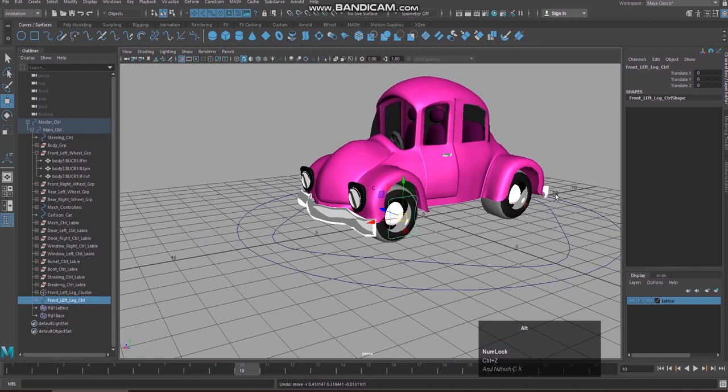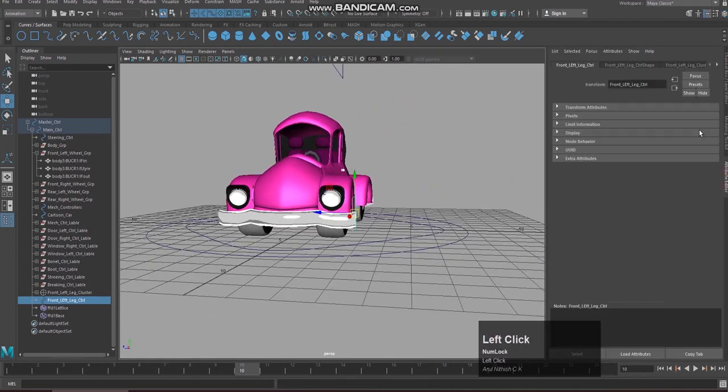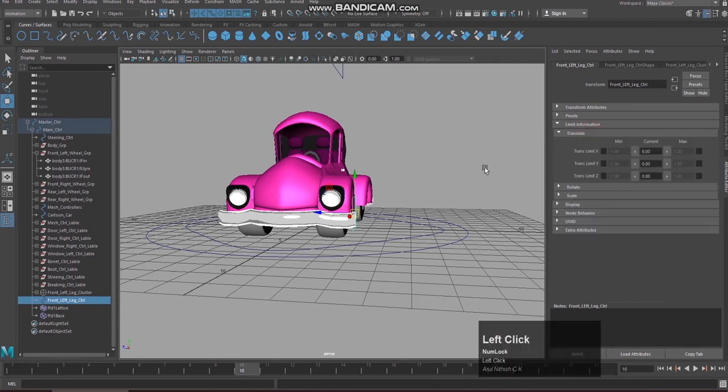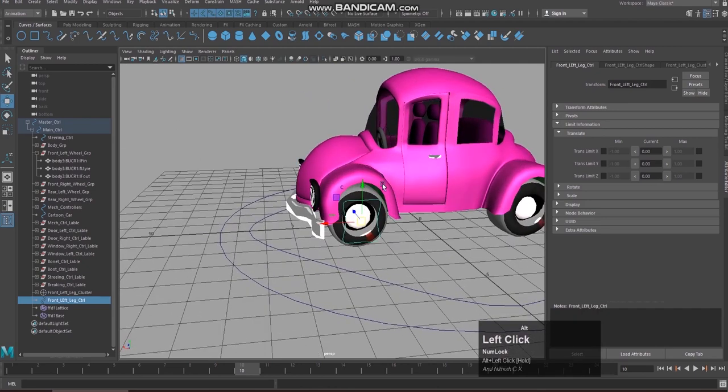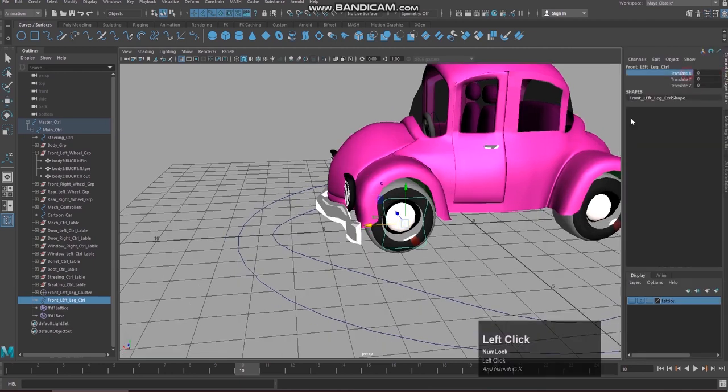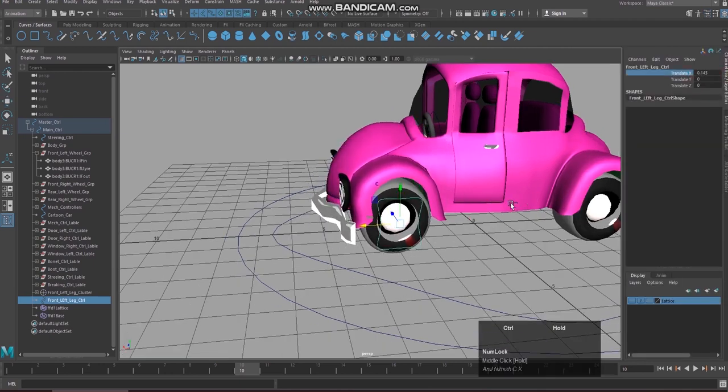So I'm just going to the attribute editor. You know how to give limit information. Go to translate. In all the axes we need to give limit information. Which axis? Translate x. This is translate x.